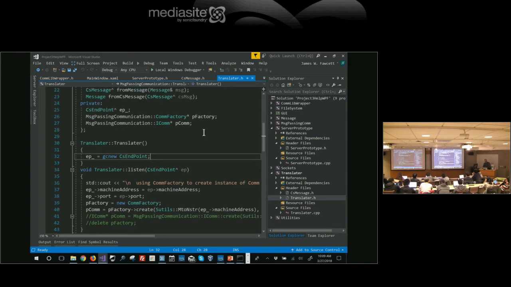So my default constructor for the translator just creates an endpoint on the native heap, and this is just going to be an endpoint with 0 port and empty machine address right now. And now my listen function, what this does is,